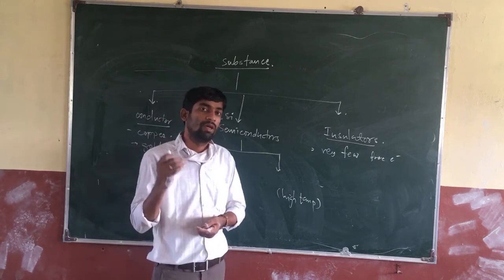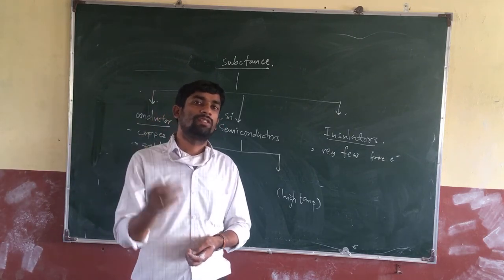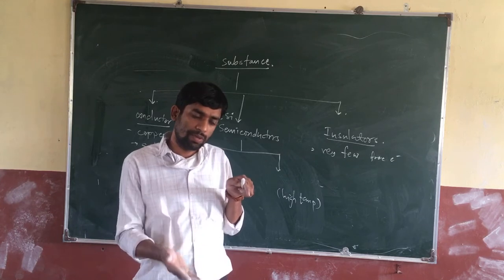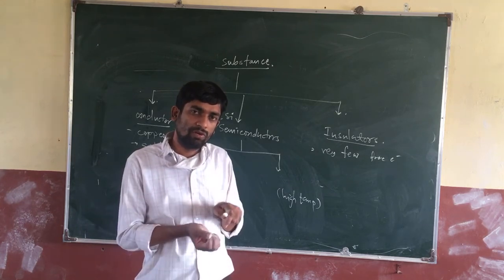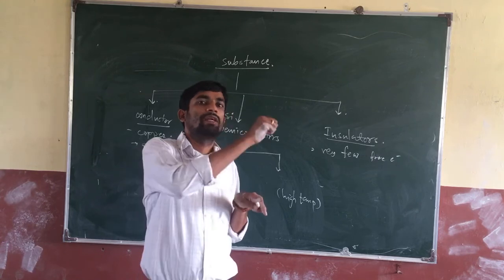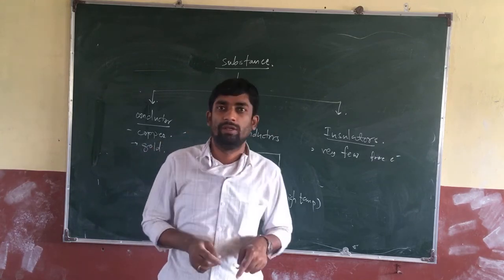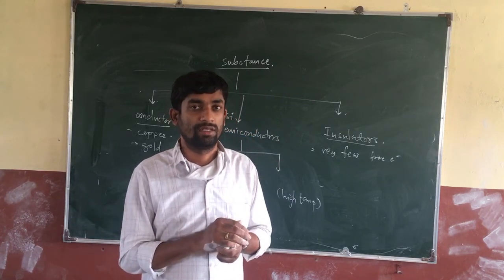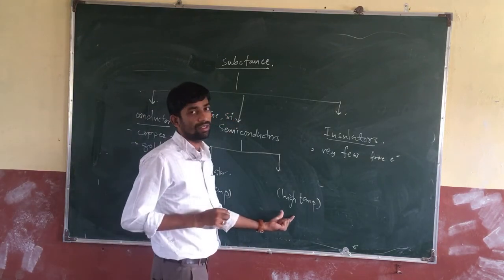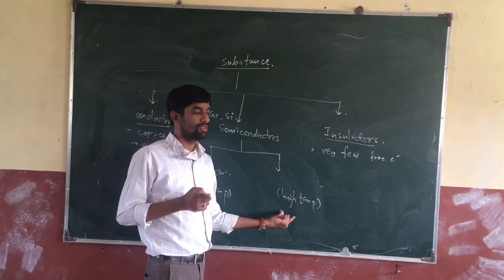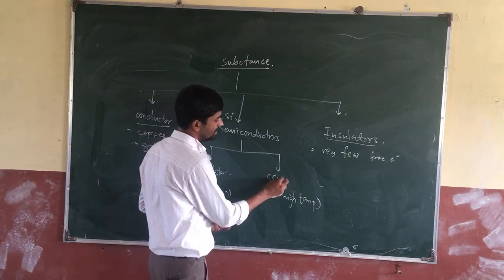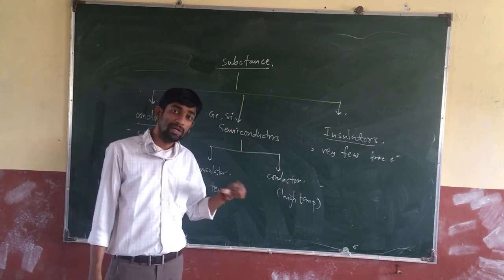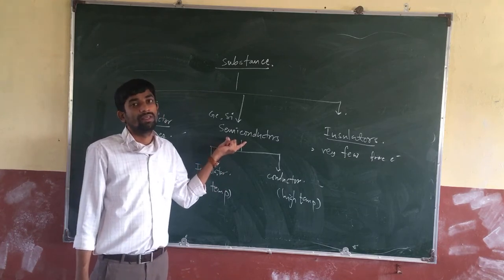If you increase the temperature, what happens? Electrons jump from the valence band to the conduction band. Generally, those electrons which are bound to the nucleus and present in the valence band, when you supply energy in terms of temperature, jump from the valence band to the conduction band, and there is a formation of electron-hole pairs. You have learned this in 12th in semiconductors. In this way there is a generation of free charge carriers. Due to the increase in temperature there is a formation of free charges, and this material acts as a conductor. So this material behaves as an insulator as well as a conductor depending upon the condition, hence it is known as a semiconductor.